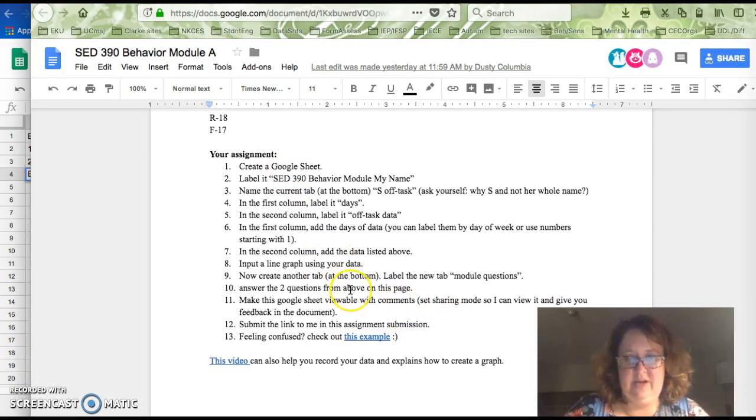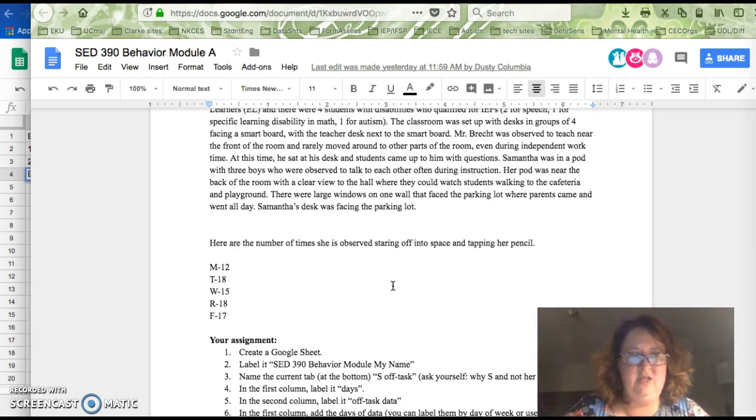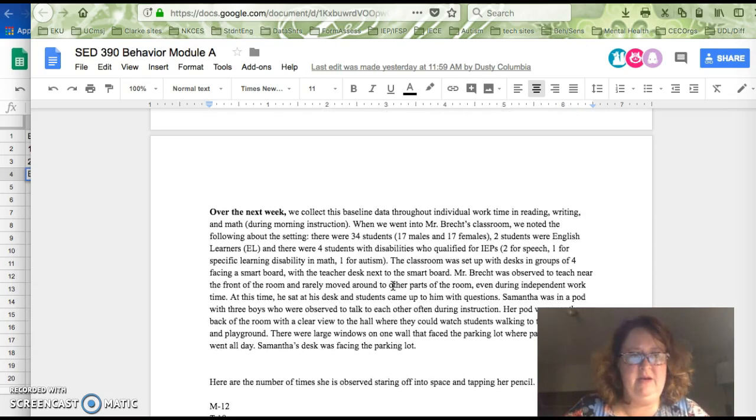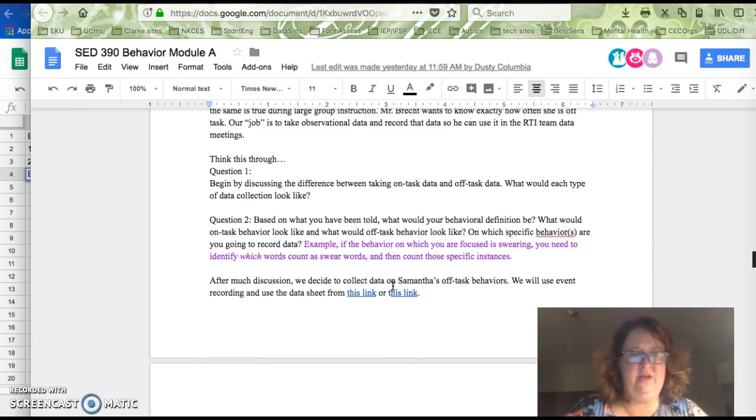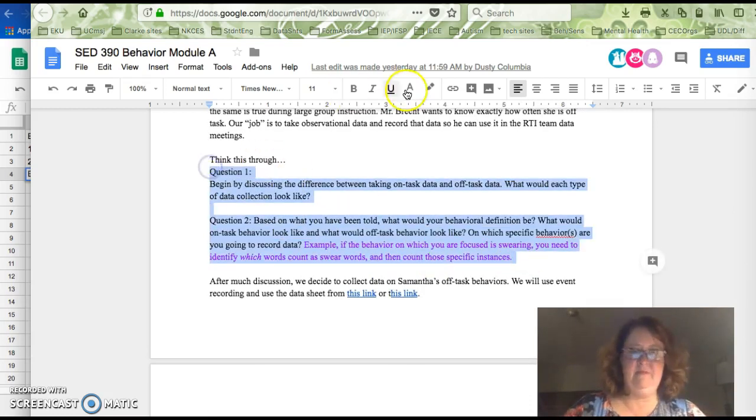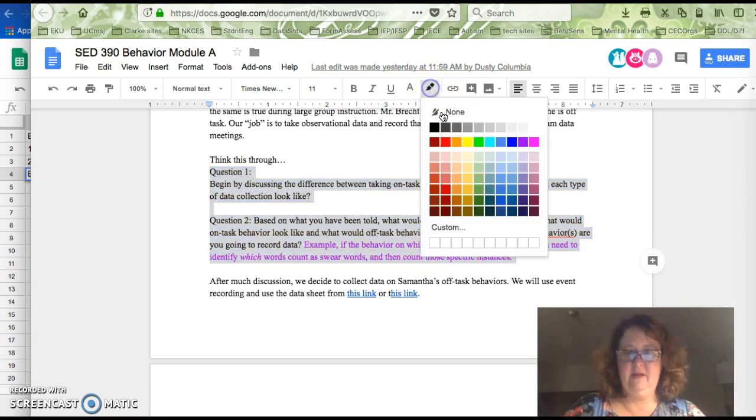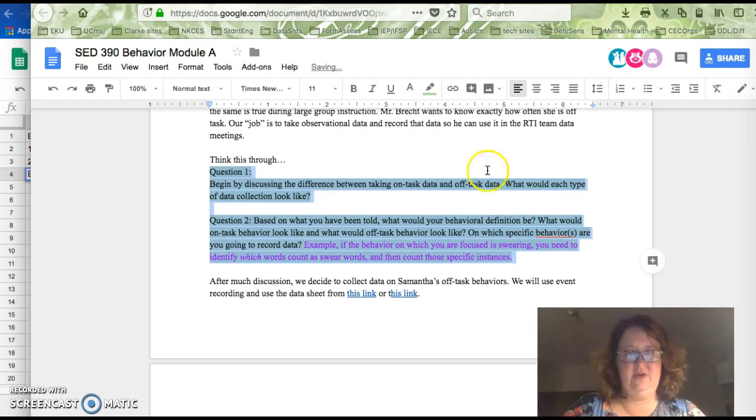This one does have questions that you'll be answering, and there it says answer the 2 questions from above on this page, which means I need to scroll up here and find the questions. The questions are here. I will highlight them for you so that they're really obvious. The questions are here in light green.